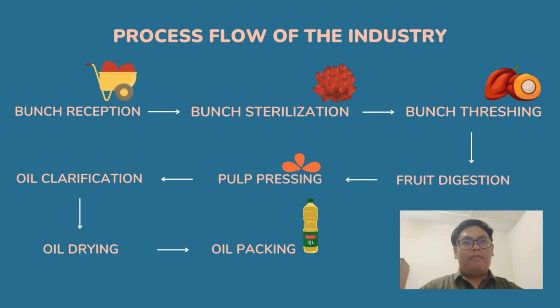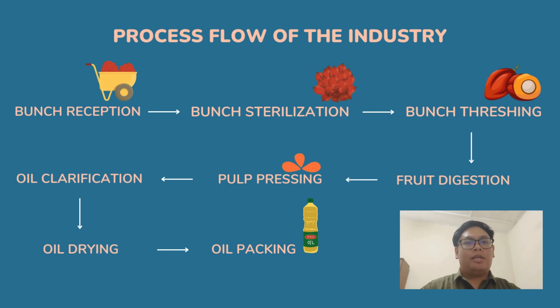First, the palm fruit will be transported to the oil mill, emptied into wooden boxes, and weighed on the scale to check the quantity. Next, the fresh fruit bunches are sterilized to ensure that no contaminants enter the production process. This is crucial for the final quality of the oil and fruiting ability.